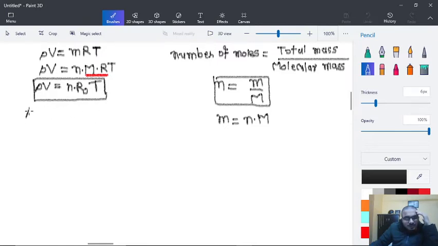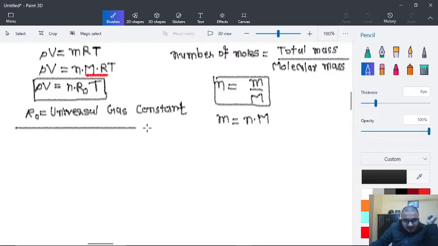Where R0 is equal to universal gas constant. Okay, so this was the remaining part of our ideal gas equation from previous lecture. So this is the end of this theory, and now we will begin our next topic,